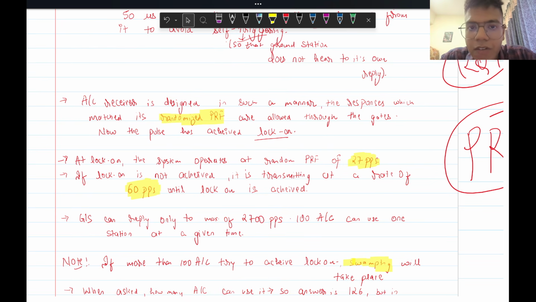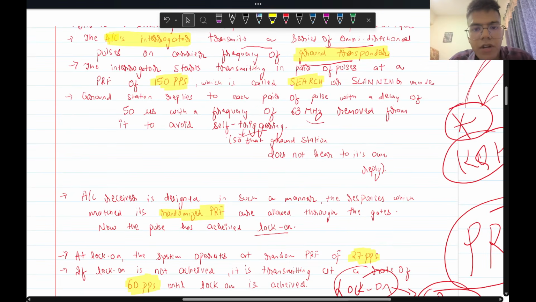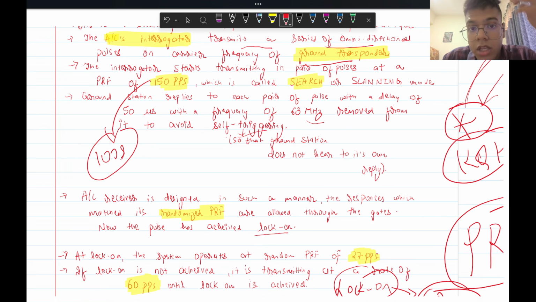नाउ द एयरक्राफ्ट के पास देखो, एयरक्राफ्ट अपनी उतनी एनर्जी वेस्ट नहीं करेगा। एयरक्राफ्ट कहेगा ओके वी आर सर्चिंग नाउ आल्सो, बट लेट्स रिड्यूस दैट 150 to 60। सो इन द केस इफ लॉक ऑन इज नॉट अचीव्ड, इट इज ट्रांसमिटिंग एट अ रेट ऑफ 60 पल्सेस पर सेकेंड। ठीक है, एंड दिस 150 वाली चीज होती है आपकी फॉर 100 सेकेंड्स, रिमेंबर दिस थिंग, ये 100 सेकेंड्स के लिए होती है।